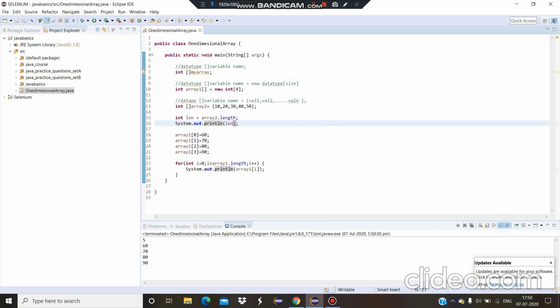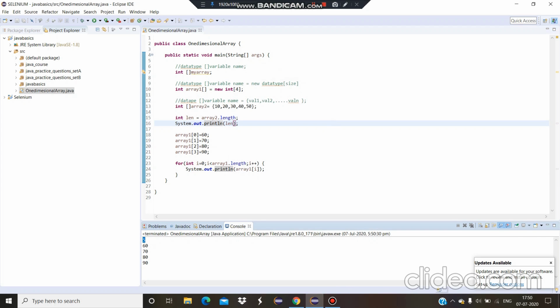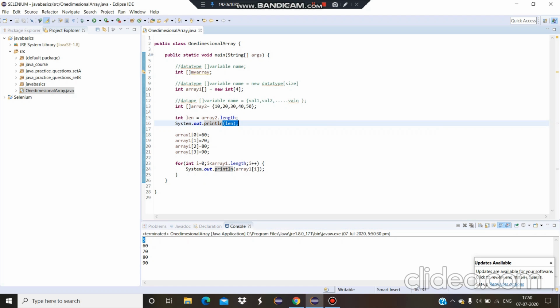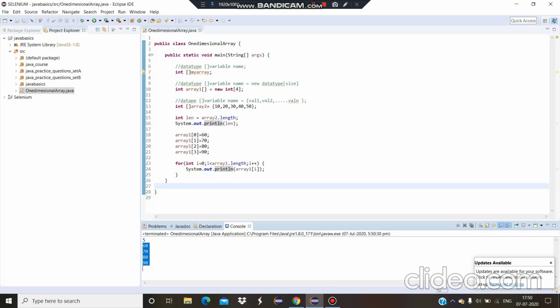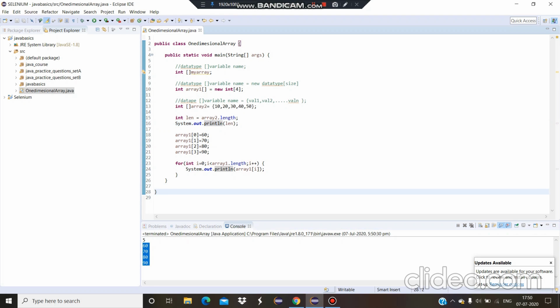The first statement, that is printing 5, is the size that we have printed earlier. The next elements are printed each at every new line since we have given println. So 60, 70, 80, 90. It starts from 0 and goes to the elements one by one and prints it.